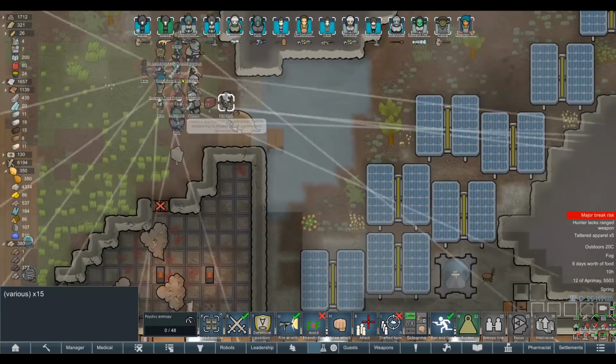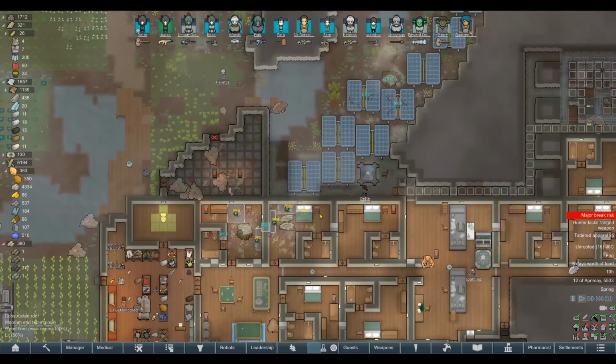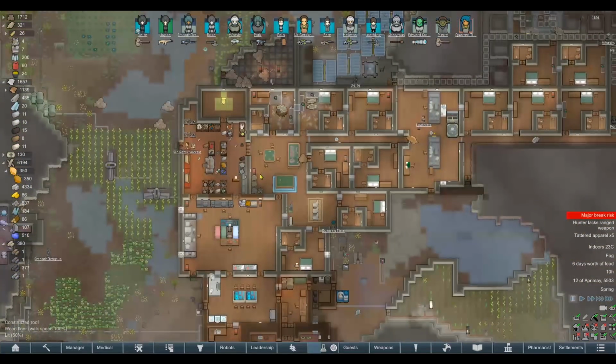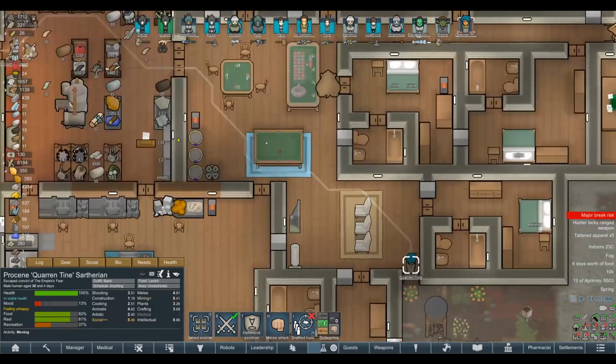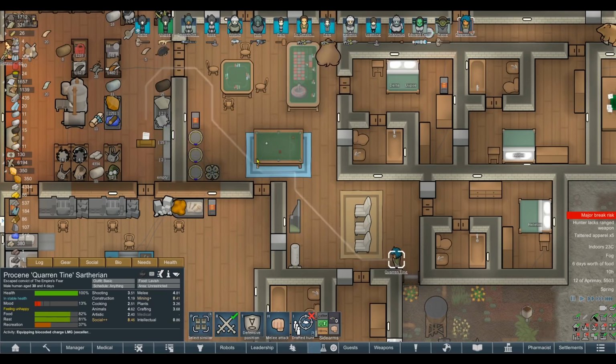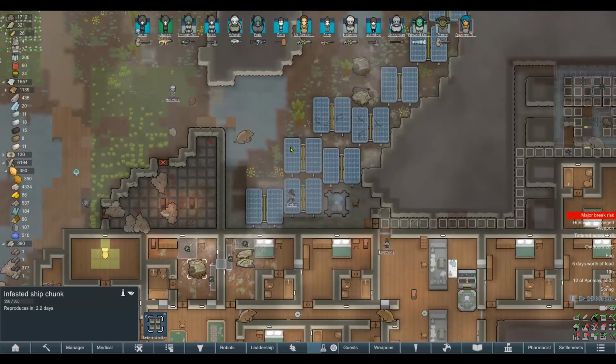I don't really know where we're going to line up to try and stop these. I guess we'll take them across the river. Oh my god, my base. I wasn't expecting that, to be frank. Quarantine, grab yourself a gun, my man. Whatever, take it. Bio-coded charge LMG, take that. Okay. What do? Oh, they just fall through the ceiling and then...